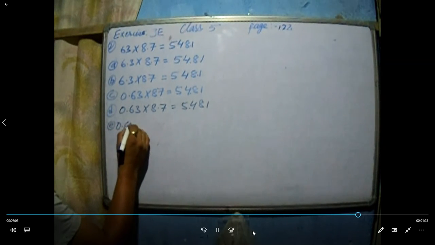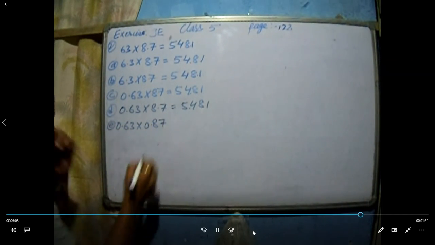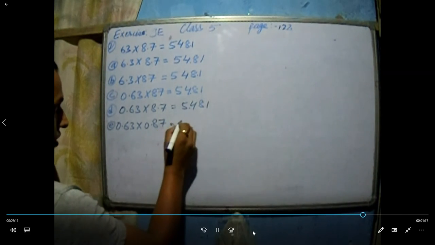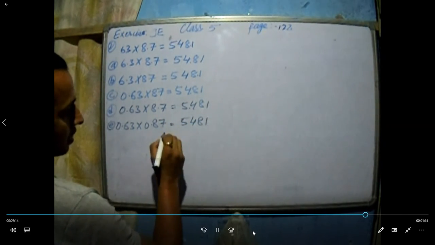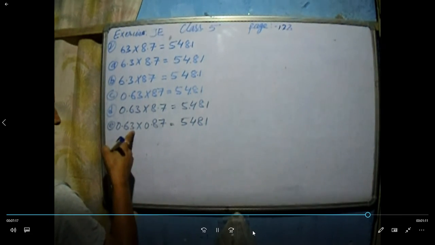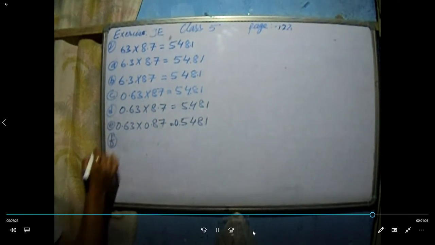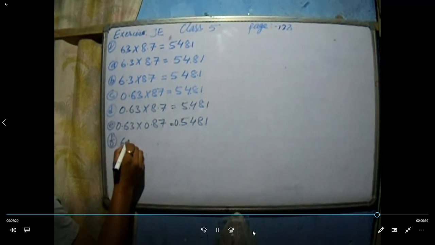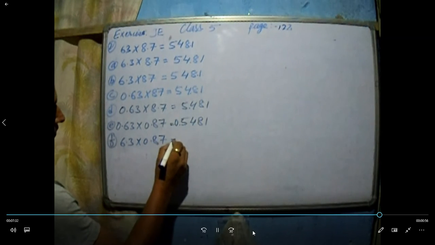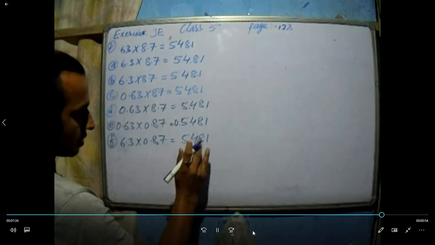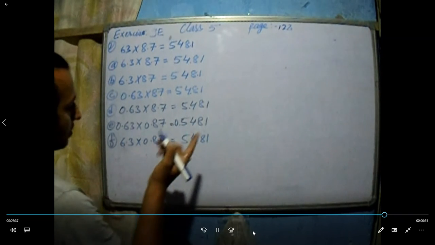That's it. Number E, in the same manner we have to do 0.63 into 0.87. Now here decimal will be after 4 place, so here 5481 come as it is. 1, 2, 3, 4. Here 2 place, here 2 place, that is 4 place. Decimal appear. If no number in front, you put 0. Number F. So here number F is 6.3 into 0.87. So answer will come 5481 as it is. Okay, it will come as it is. Only decimal place. 2 place plus 1, 3 place. It is 3 place. That's it.